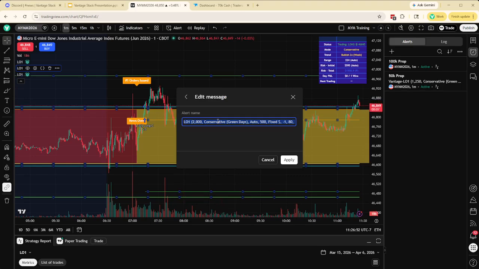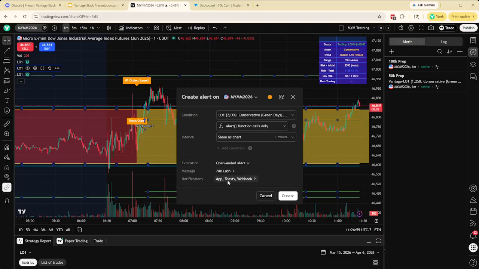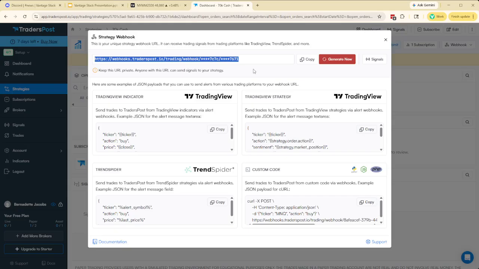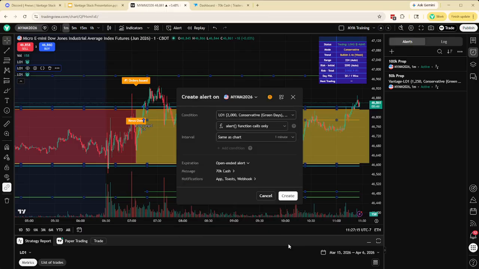Let's rename this 70K cash. And then go to notifications, webhook. Keep in mind you have to have 2-factor auth enabled. 7671 are the last 4 on this, matching. Click apply